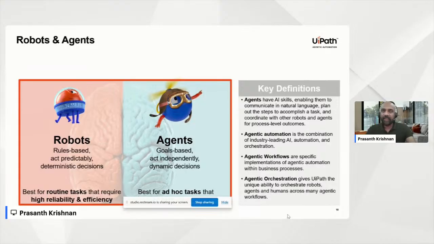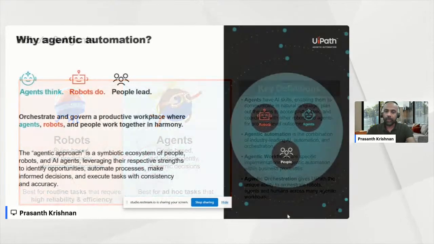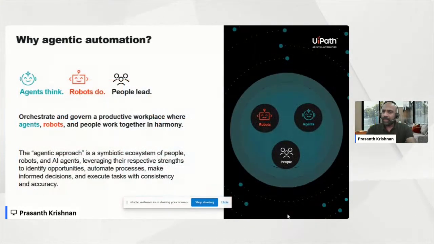So wherever a bot was failing, where it had to rely on a human to come in and take actions on certain things, that's where an agent can come in. It can understand what is the right next step of action and then proceed with that. And as I mentioned earlier, the agent is the brain in a complex automation that provides the decisions to the bot. The bot is where the actions happen. It's where it goes into various systems, fetches information, updates systems, and of course the people, in terms of how they can come in and help in the human in the loop scenario.